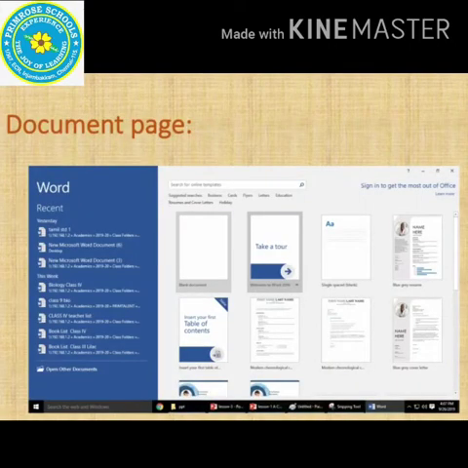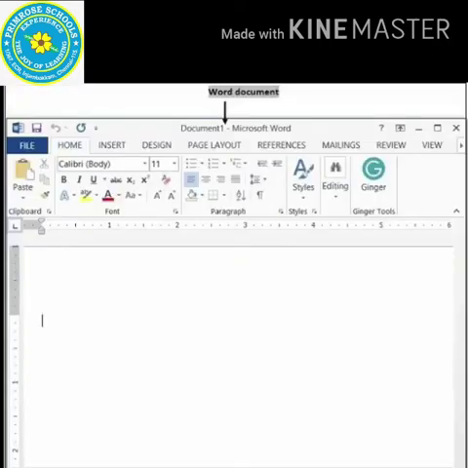Once you click on the Microsoft Word, the Word application opens a blank document with the temporary name. You can name it as document 1. So, click on the blank document, the Microsoft Word opens. Once you click on the blank page, a Word document appears. You can save this document with a temporary name, or you can also save it with any specific name in a folder. Saving a Word document in a specific file name will help for future uses.